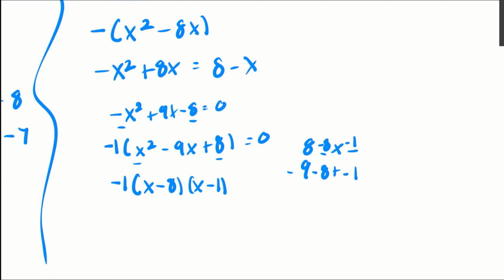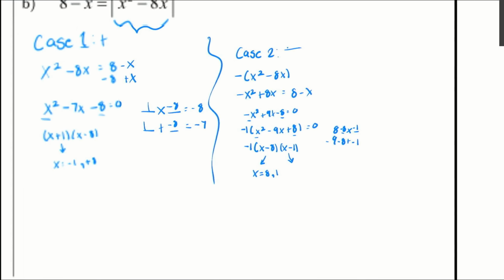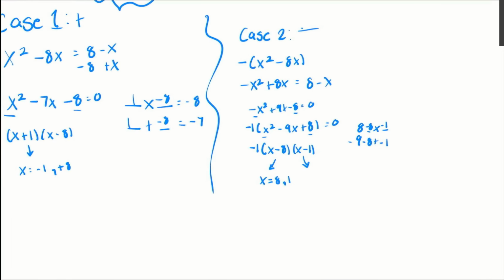So now we can find our roots by setting each individual factor equal to 0, which will give us x equals 8, comma 1. So these are the 2 solutions for this negative case. You'll notice that we have overall 4 solutions, or 3 solutions total, because we have both answers as 8. So it's typical that you will have this amount of solutions because this is how the quadratic absolute value functions